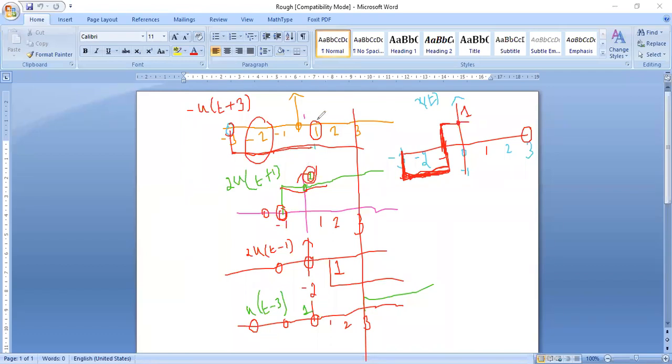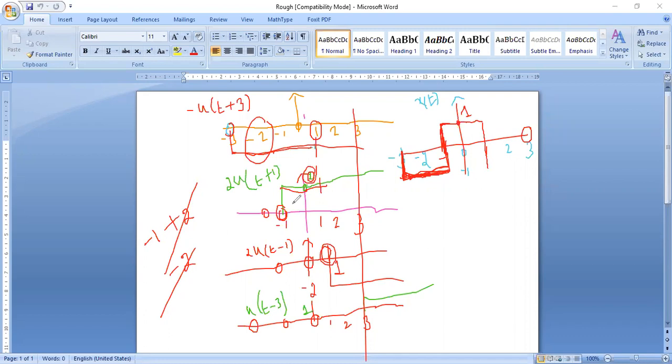Now let me see at t equal to 1. At t equal to 1, my state is continued. Here also my state is continued. But see in the third diagram, there is a change in the state. So now I could see there is a change in the state. So till 1, your previous value will be continued, and from 1 onwards, the value will be changed. How will it be changed? According to the amplitude values. So from the first diagram, my amplitude is -1. From the second diagram, the amplitude is 2. And from the third diagram, my amplitude is -2. So -2 plus 2 gets cancelled. So I said till 1 it will be maintained. After 1, it will be changed. How will it be changed? It will be changed to -1.